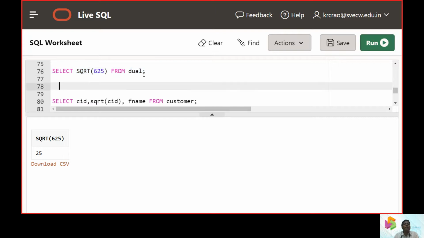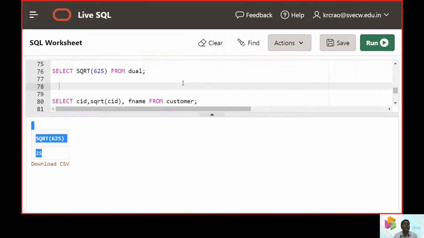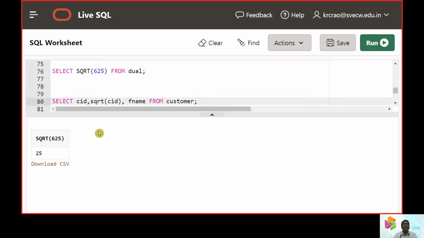That's the reason why we are going to use this dual table. Now CID is numeric, so what we can do is type mobile, and then put the square root of mobile. See how it goes.